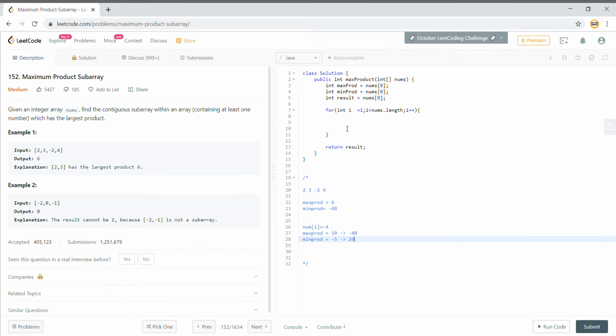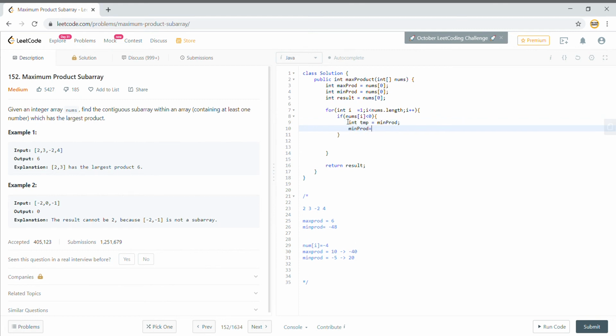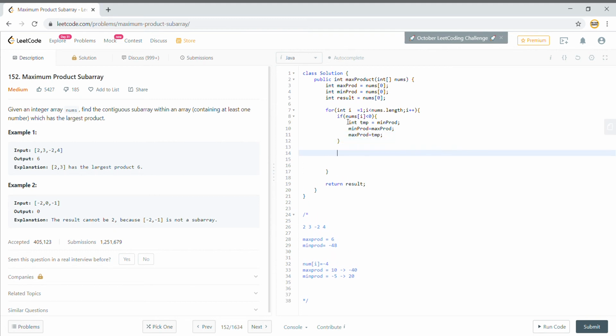So that is why every time we have nums of i, if this is less than 0, it means it is a negative number, I will swap my products. So I will swap this min prod with the max prod. So my min prod will become max prod and my max prod will become min prod, and after that I can say that the max product is equal to